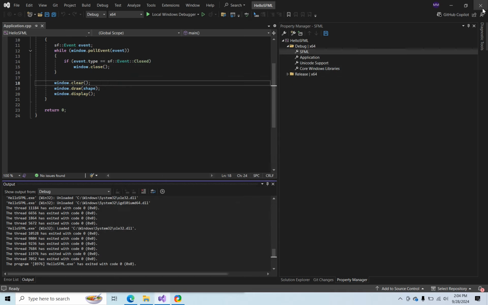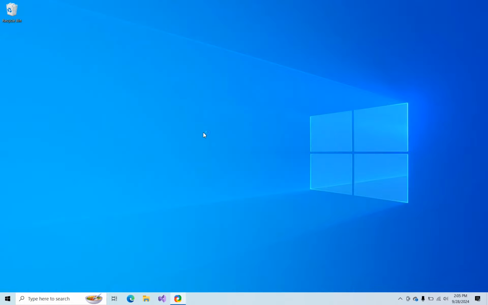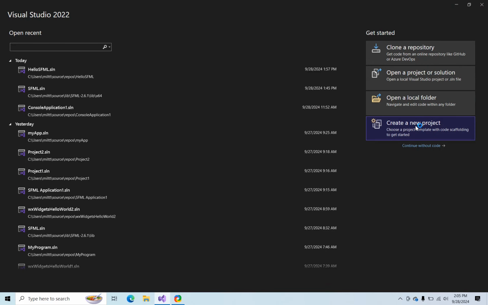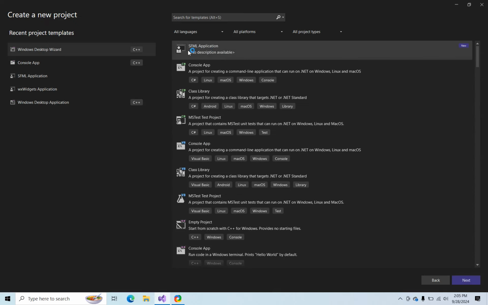And to test this out, all we have to do is create a brand new Visual Studio project again. I'm just going to close everything. So we'll open Visual Studio. We'll create a new project. And hopefully our template will appear. There it is, right at the top, SFML application. If we click on this and hit next,